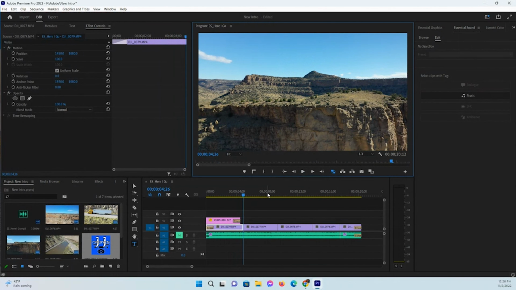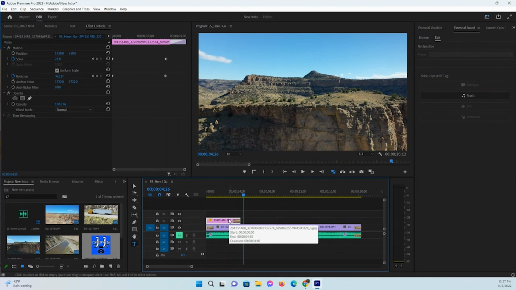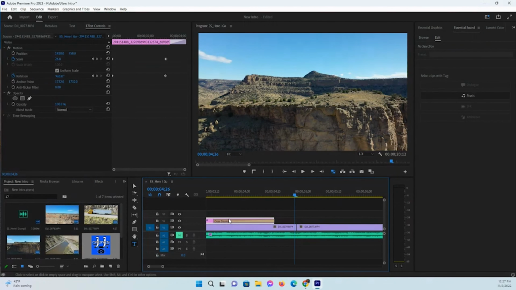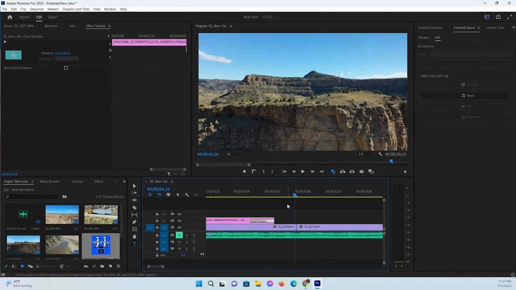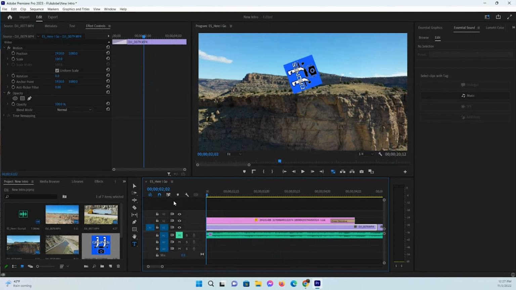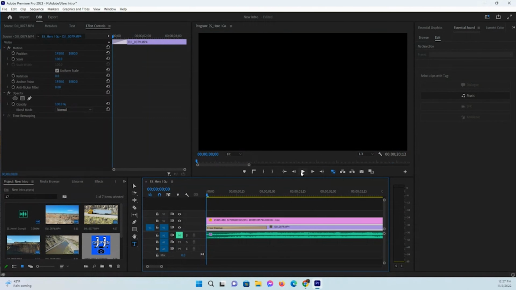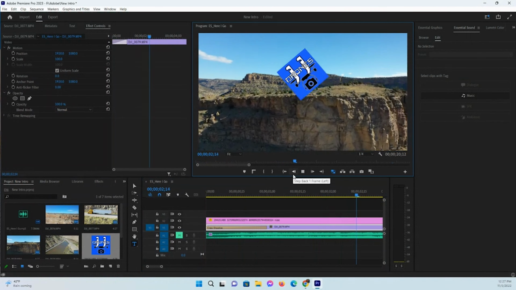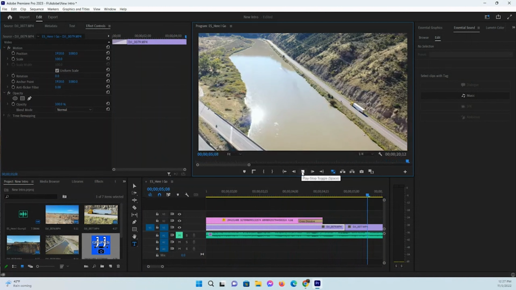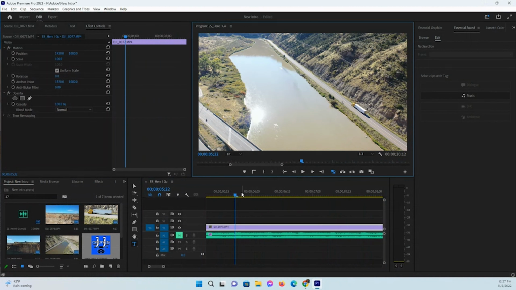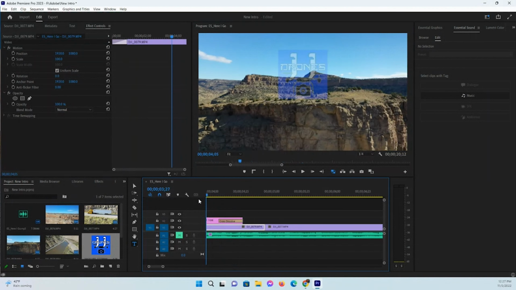Okay, now that is good, but that transition is just way too early on there. So we want to shorten that up. I just hit the plus button to zoom back in. Now I get that little icon there, and I can move the transition to where I want it. And I want it probably right about there. Let's try it. All of this is just trial and error. We tried that. There, it stayed up on the screen long enough, so I'm happy with that. So now that I have that,